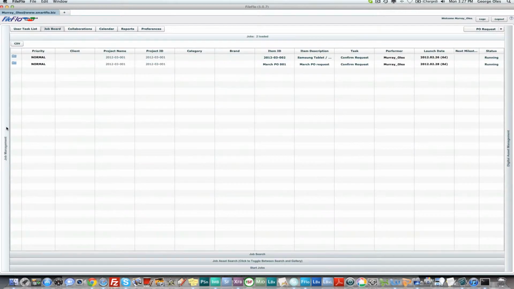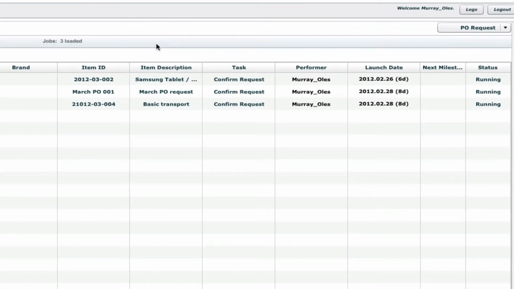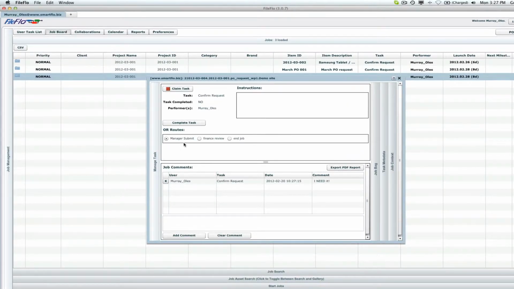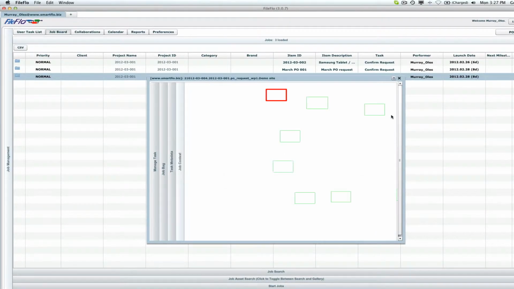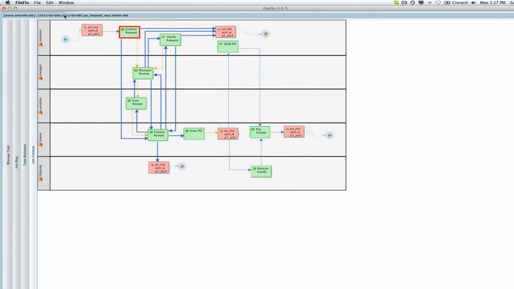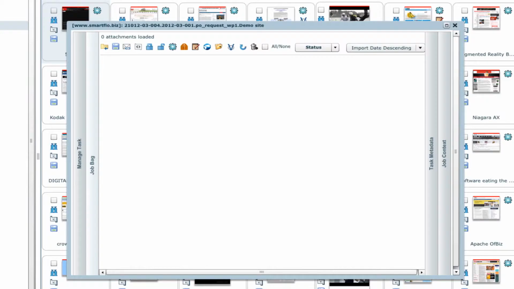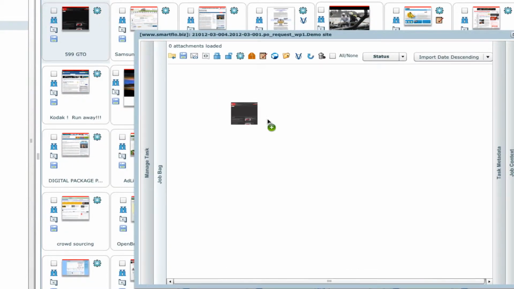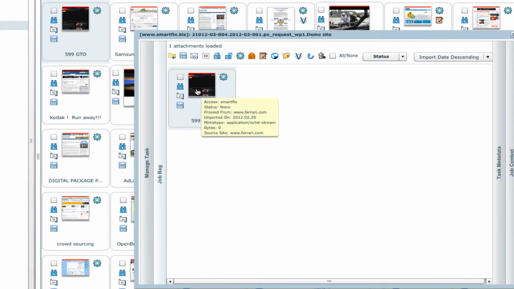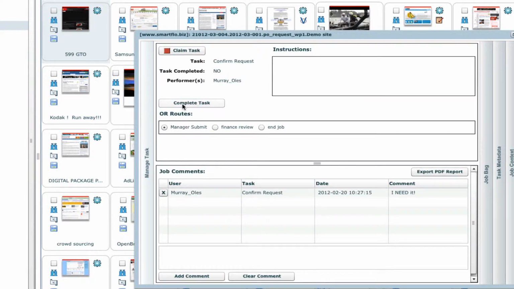at which point we'll go over to FileFlow, log into our job board, reset it, and basically we've ordered some basic transport, confirm request. We are operational with this workflow, and it's going to begin with me confirming that request. Person on the staff is going to be able to find that, so this is a link to the 599 GTO on the website,